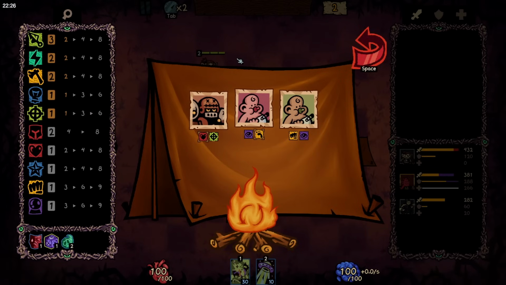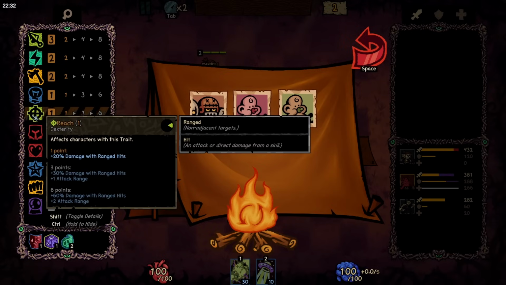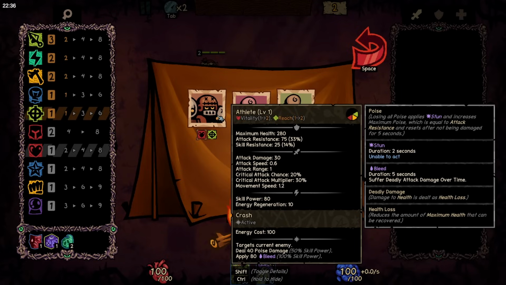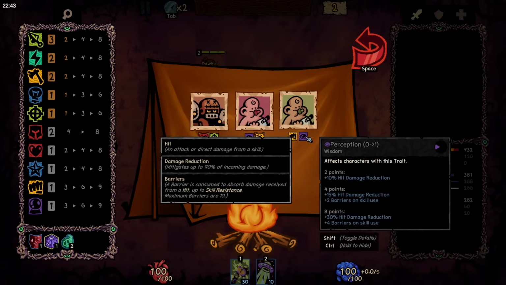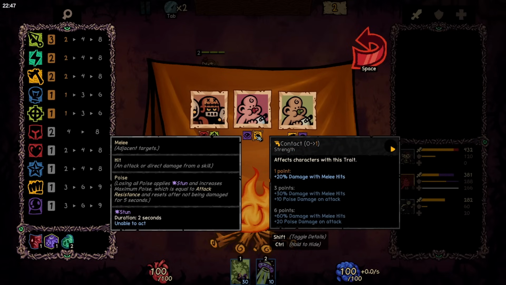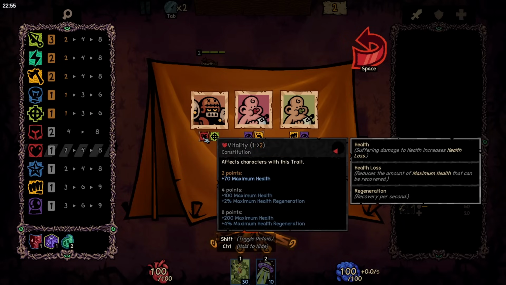And how about this? We have an athlete. So this guy has reach. Okay. Plus 20% damage with ranged hits. I mean, not the most ideal for us. But he's also got vitality, which works with the baby. Plus 70 max health. I mean, that's useful. We've got a wise and an impactful baby. We have a contactful baby and a perceptive one. And then we have a reachy and strong